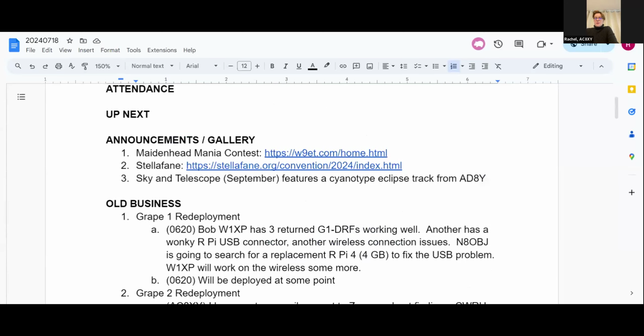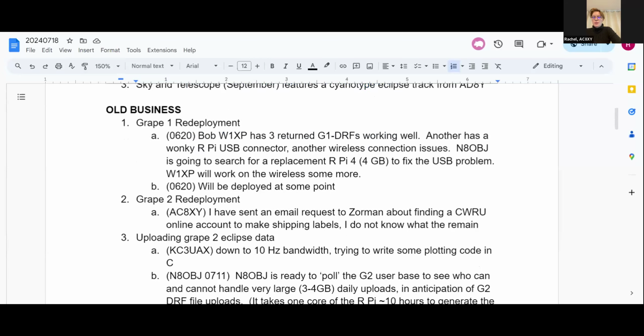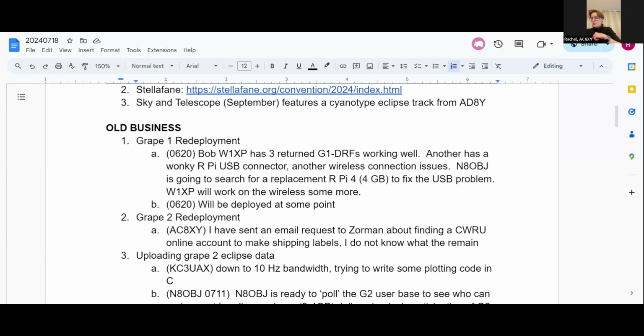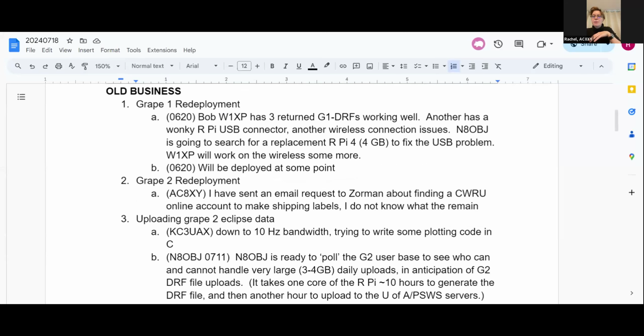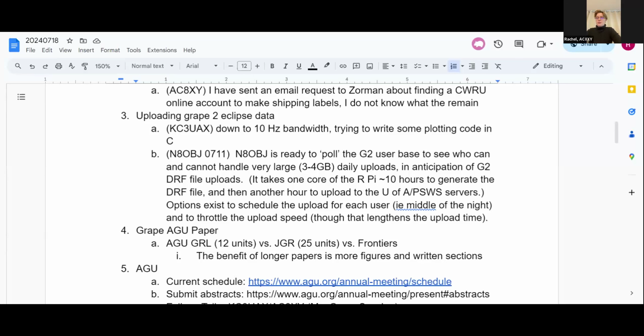Very fast, old business. John is not here again this week. I assume that's because the W8EDU station now has Windows and is therefore shaping up to be a real functioning station again. In terms of old business, though, I would like Kung's comment before we get too much more into discussion. I know today would be a light week, so I let us chat for a bit, but if there's any update on the GRAPE 2 data.